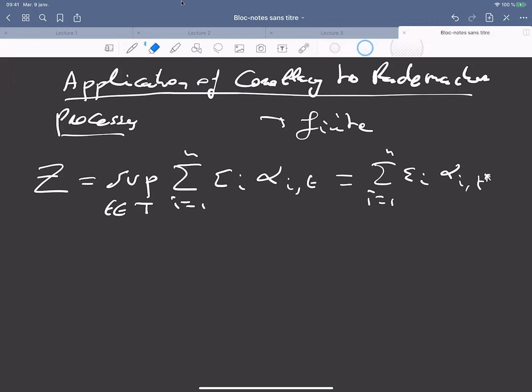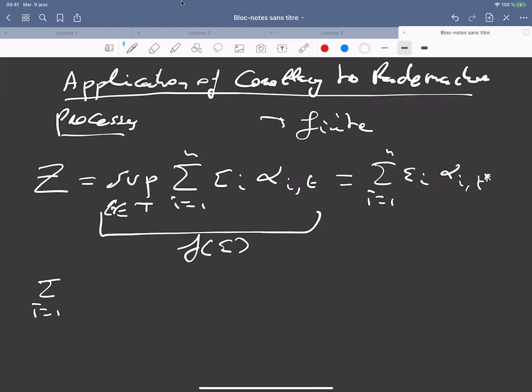So this means that when you take this function f of epsilon, when you take the sum between 1 and n of (f(epsilon) minus f(epsilon-bar^i)) positive part squared,